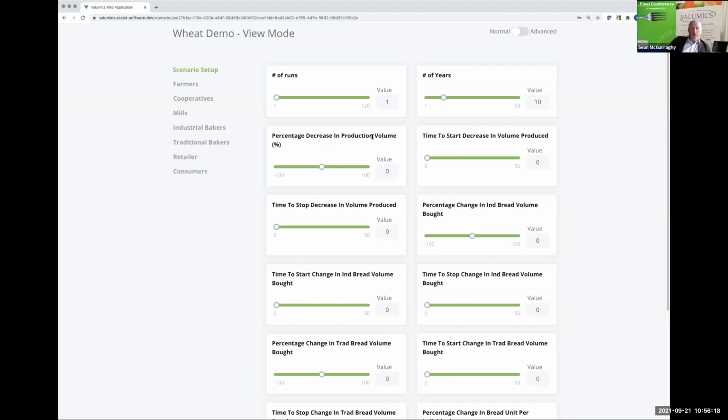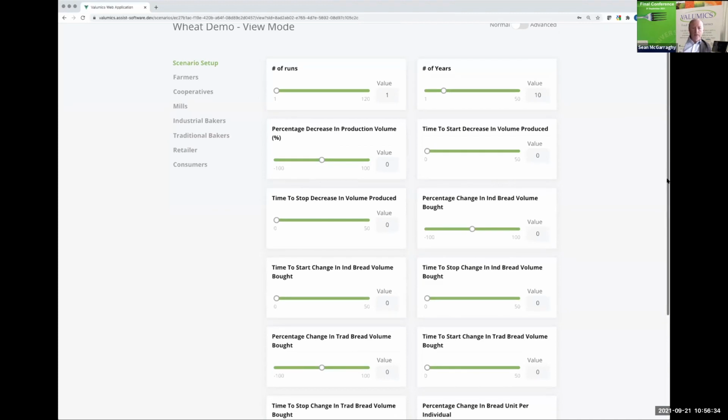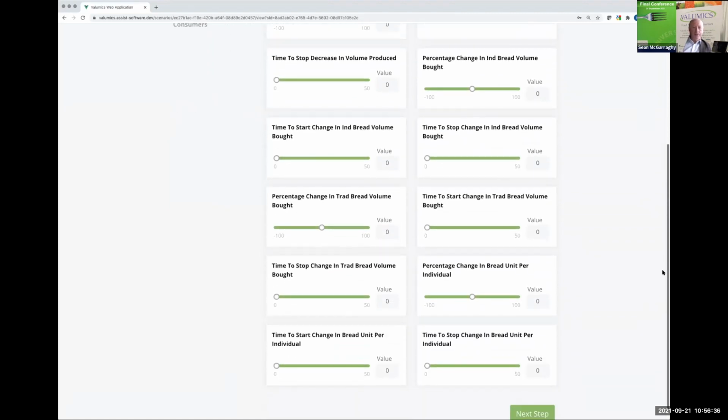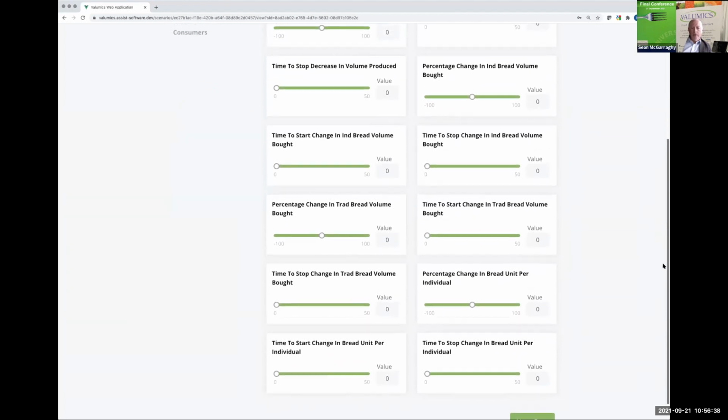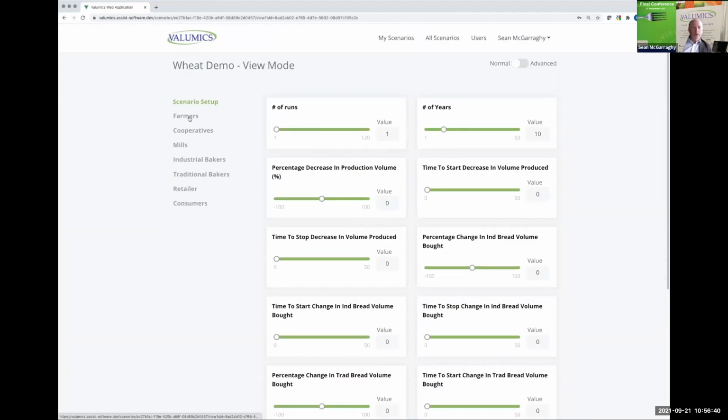Do we want a percentage decrease in production volume? If so, we could adjust it on this scale, for example. When to start the decrease. Okay, because I went into view, I can't change any of these, but you can change them as you wish. Then there's a number of steps you can go through. So you can set up